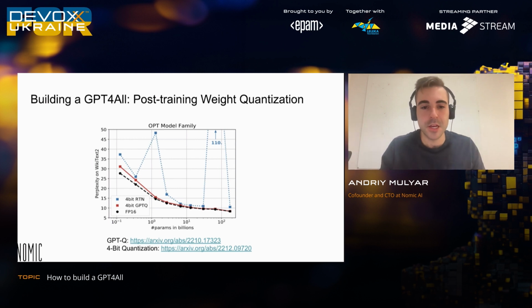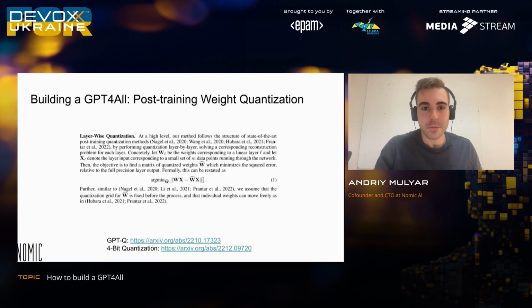So this will be sort of like the most in-depth technical part of this talk. So if you get lost, no worries. There's light at the end of the tunnel. But the whole idea is that in order to train a big neural network, you need the high precision parameters. In order to actually infer it, you can throw away most of those parameters, and it turns out most of the knowledge is contained in probably a small subspace of the model's parameter space.